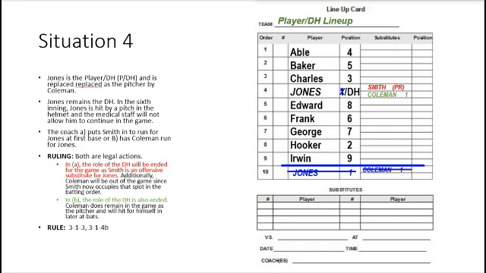Since Jones is not able to continue, in situation 4A, the coach puts Smith in to run for Jones at first base, or in B, he has Coleman run for Jones. Both of these are legal actions, however, they have different outcomes. In A, marked in red, the role of the DH will be